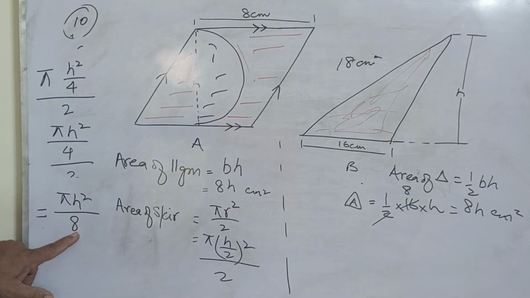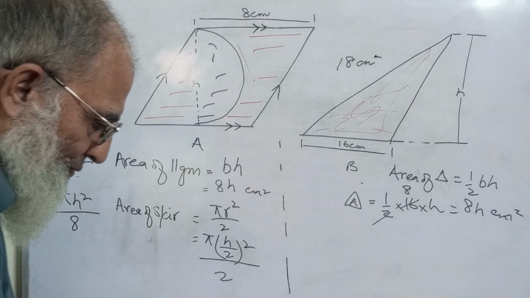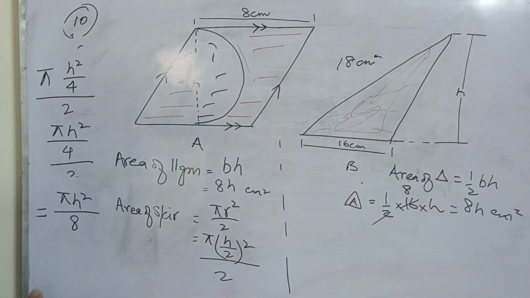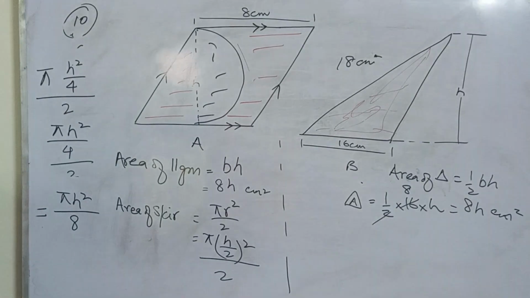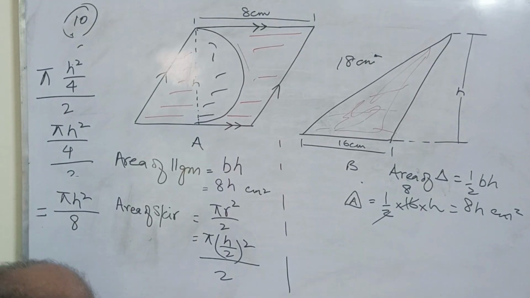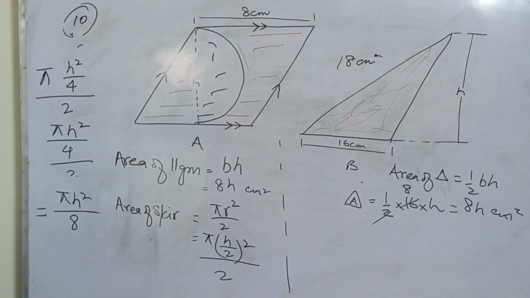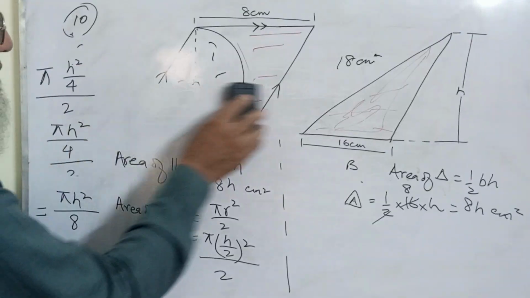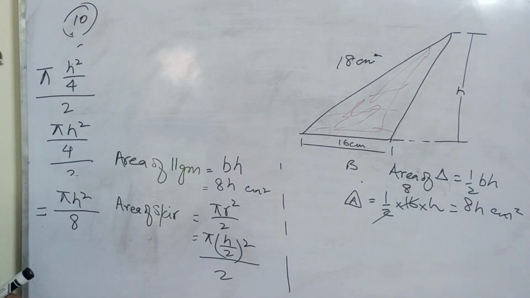Now this pi r square will be subtracted from. I think I have to erase this one. Okay. Now this pi r square,